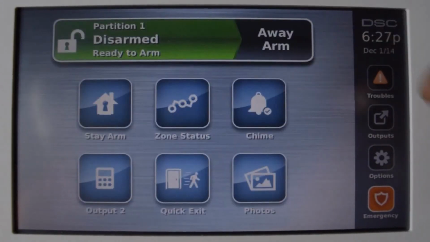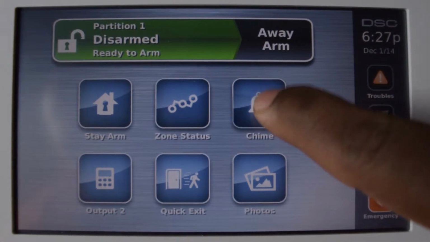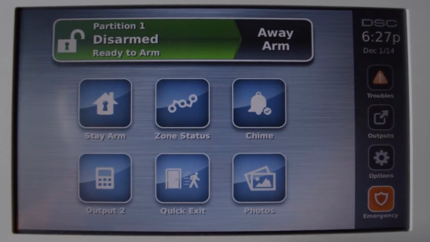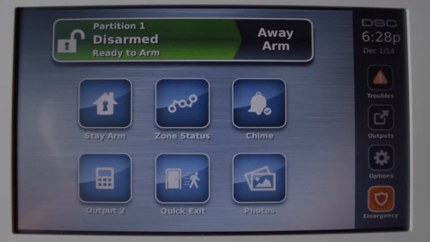So as we go back, we have the chime to enable and disable the chime. Just press that once. You have your output. This can be used for resetting smoke detectors. You have your quick exit, which is a way to quickly disarm the system for 2 minutes and it automatically rearms by itself. You have this photo button here, which we don't have an SD in there, but if you had an SD you can scroll through the photos